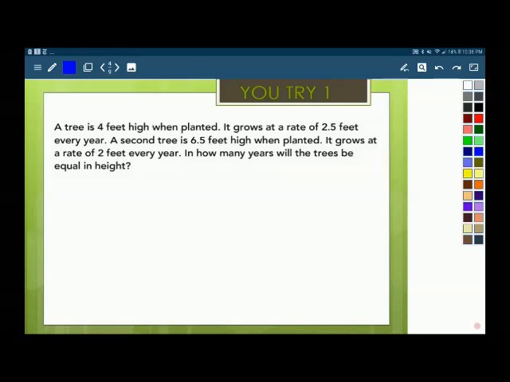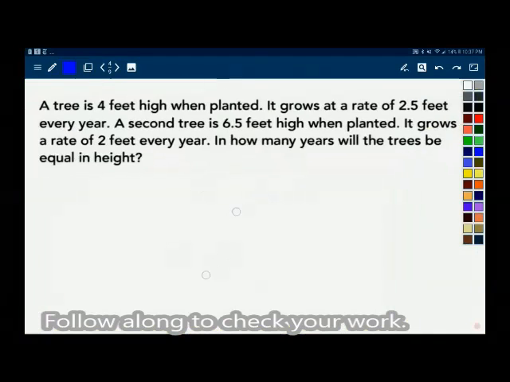Again, look for words that would translate to plus, minus, divide, or multiply, and maybe even the equal sign. Look for